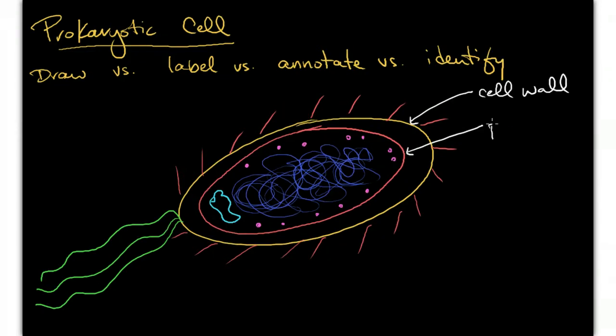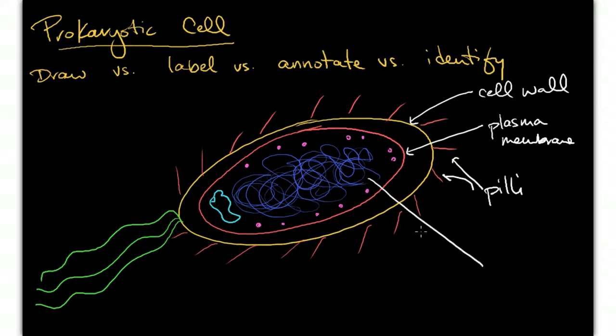We've got our plasma membrane on the inside, also known as the cell membrane. We've got some pili on the outside here, and these pili are going to be used to attach one bacterial cell to another in preparation for exchange of DNA, which kind of counts for sexual reproduction because it is exchanging DNA. We've got our nucleoid region,